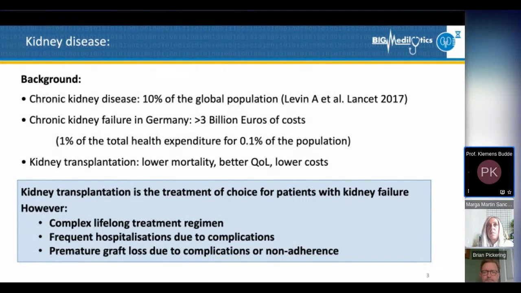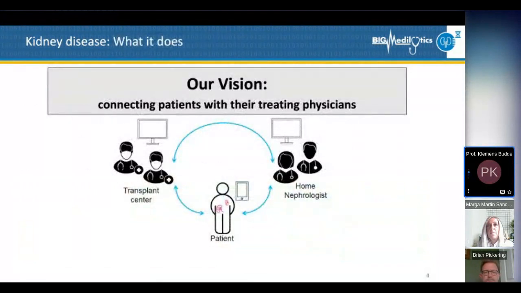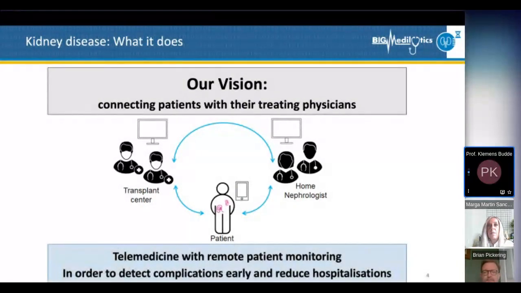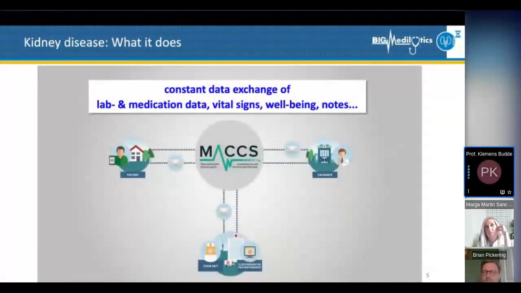Many patients need frequent hospitalizations, they have complications, and premature graft loss occur due to complications or non-adherence. So our vision was very simple: to connect the patient who is in chronic treatment with their treating physicians, and this is a transplant center, and this is a home nephrologist. And the idea is that in order to bring this together, with remote patient monitoring, we are able to detect complications early and reduce hospitalizations. And this is how it works. So basically the patient at home,